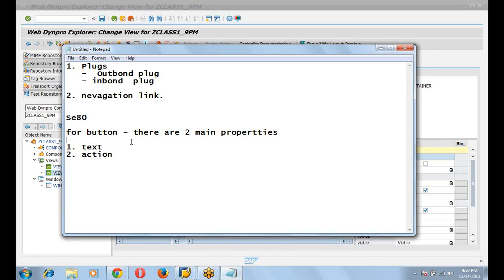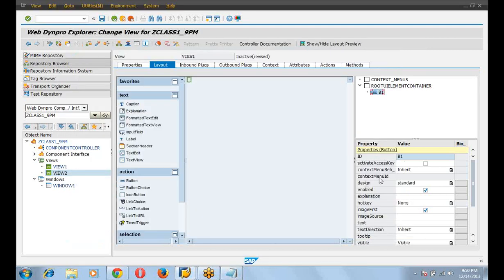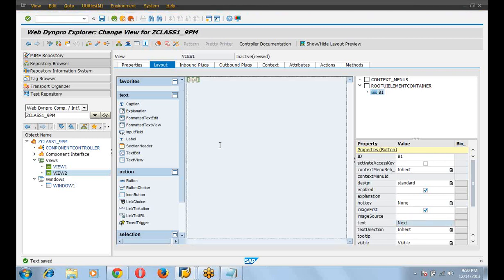For the button, there are two mandatory properties: text and action. Look here, text. Text means it will be the label of the button. I want to give the name next, because we want to move to the next view. After typing the text, press enter. It appears here, but we see that the text is light, not dark.